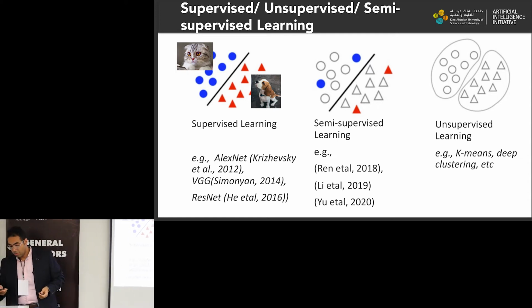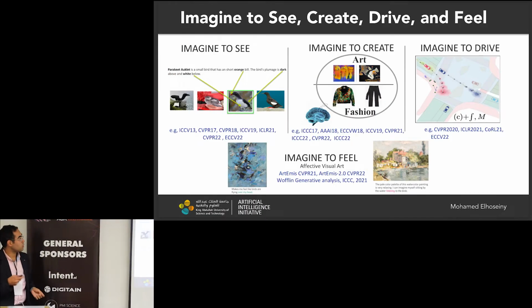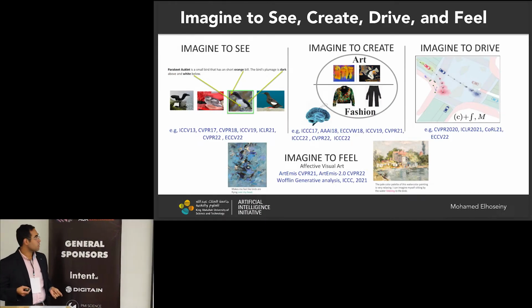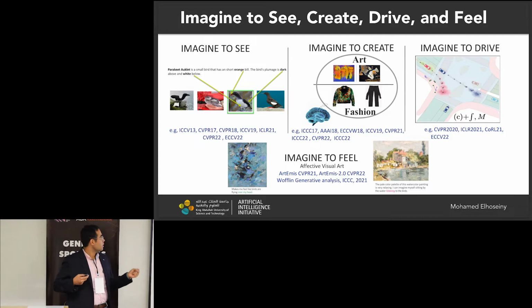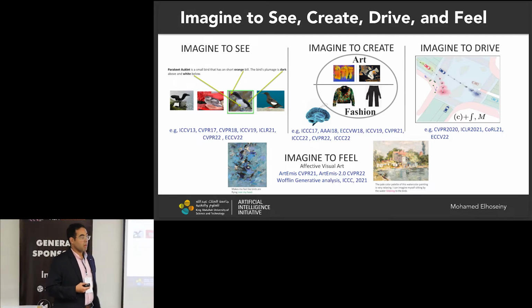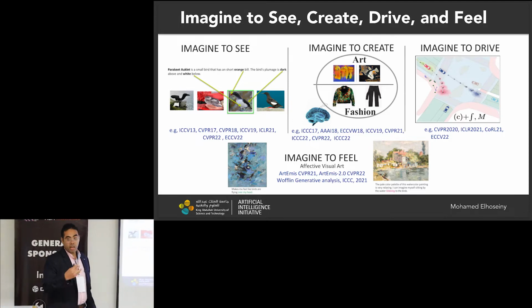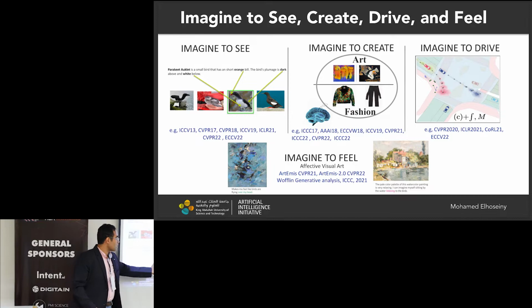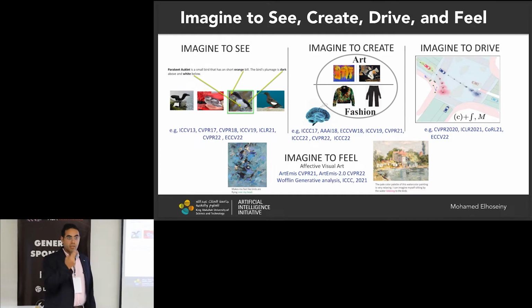All right. And I'm going to do that by going through different steps: seeing, perception, creation, that's generative models. Driving and forecasting tasks like self-driving cars, how you predict the future trajectory of a car, and a feeling that's more linguistic. So how do you, for example, build a machine learning model that takes a picture of a scene of a beautiful city, and it has